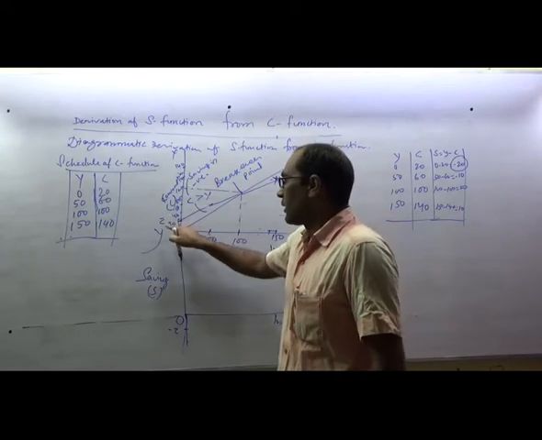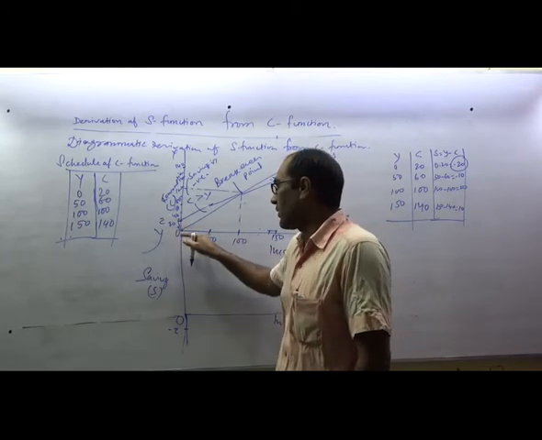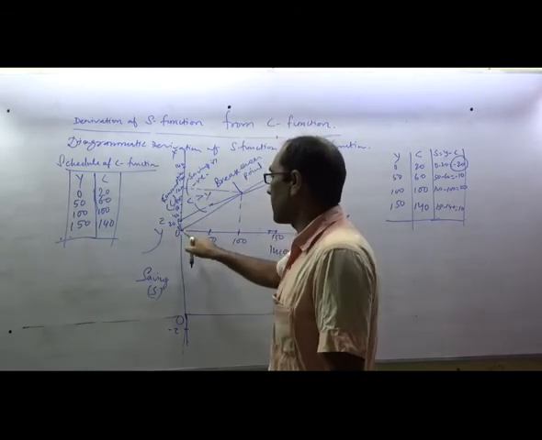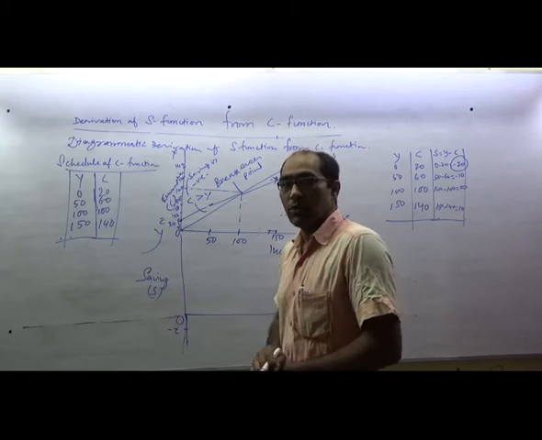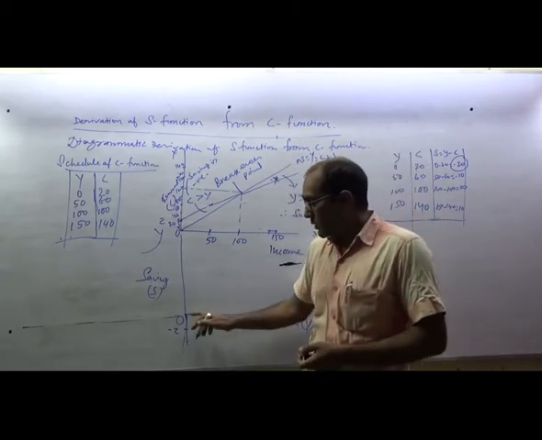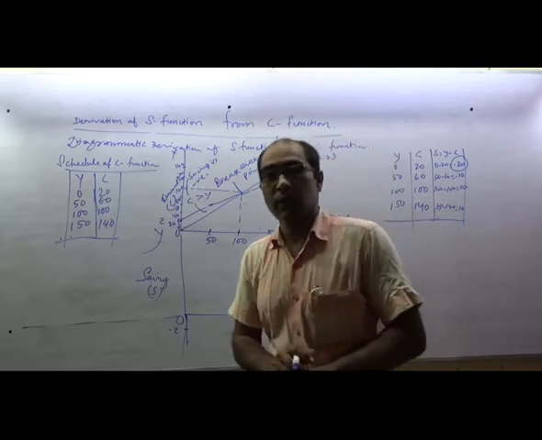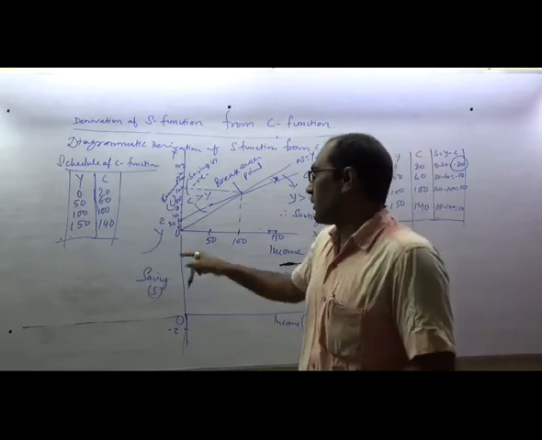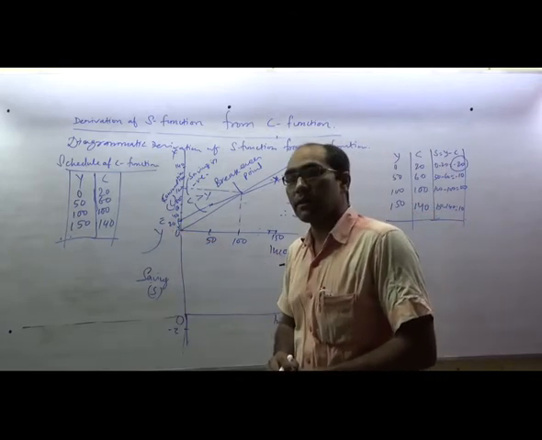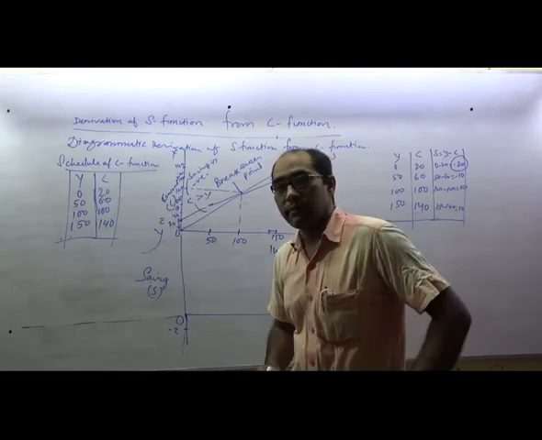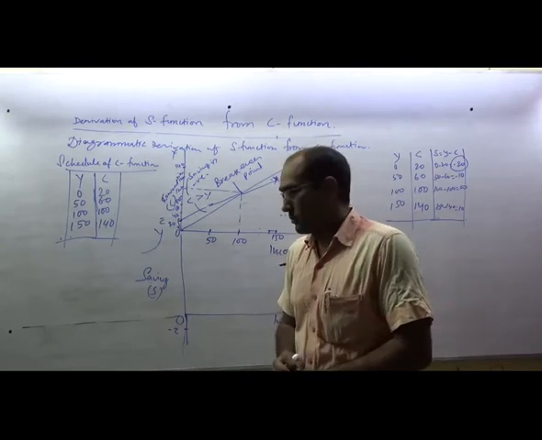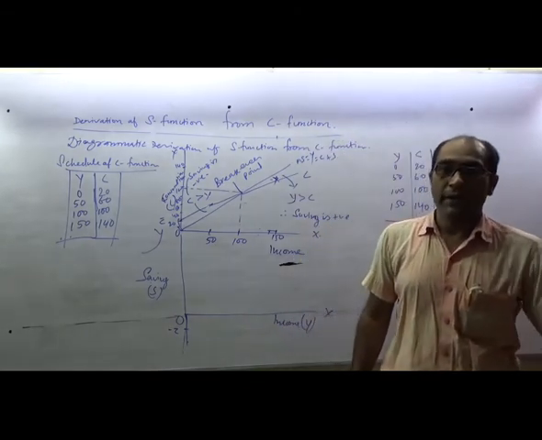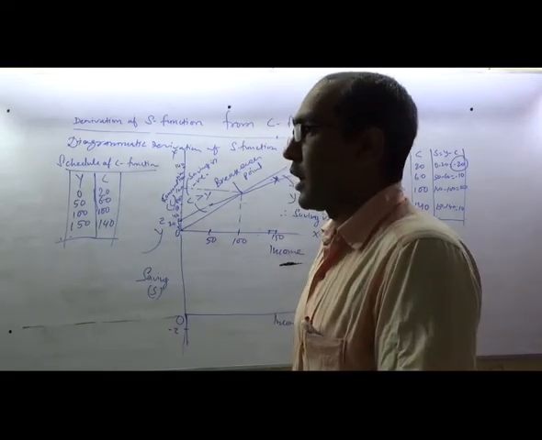So the same value, whatever value is taken or plotted along the y-axis for C at the level of zero income, would be plotted along the negative portion of y on this diagram for saving. Here we are taking the notation bar on C. Here, the negative sign of bar on C, you can denote it by bar S, as for saving.